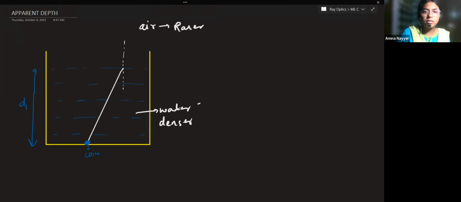Now this will be the normal, this will be the angle of incidence. All right. Now since it's an interface between water and air, two media are involved, so definitely refraction will occur. We have studied refraction, the laws of refraction and all these. So we know at this point refraction has to occur. Now refraction will occur. The ray of light will get refracted. This is the angle of refraction. Fine. Now see, if I produce this line,